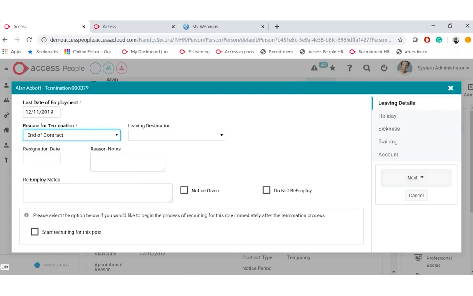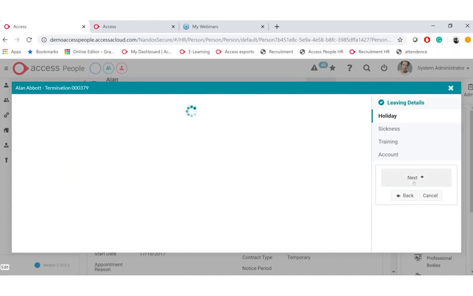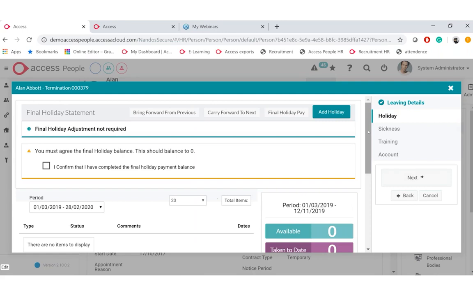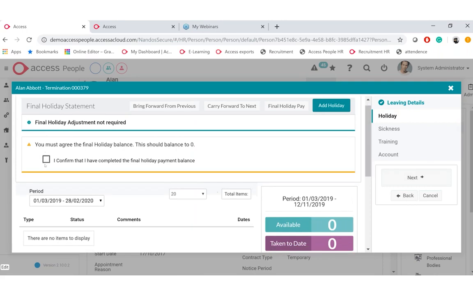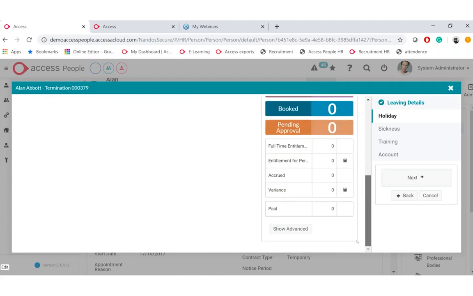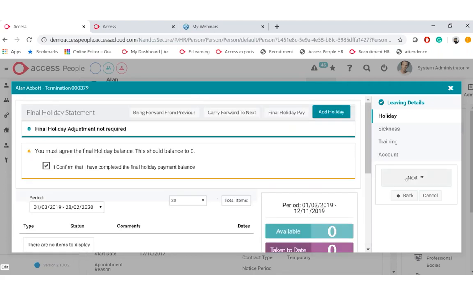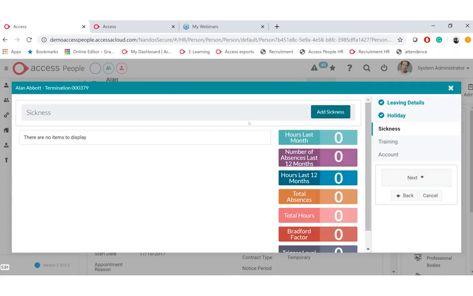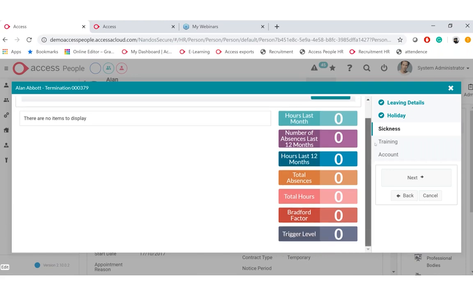And then from here, we can decide if you want to recruit for this post straight away, so there's no communication backwards and forwards again. And we've also got some extra information that can be added here. Now, as soon as we've got that leave date in there, it will look at straight away what holiday is entitled. So no calculation has to be done. It will look at everything here. It will look at any sickness in the period as well. So if they've had any sickness in that month, it will know to take that off as well.